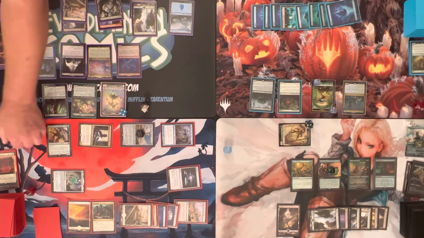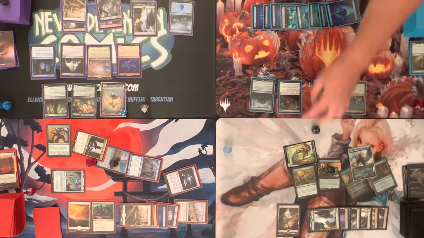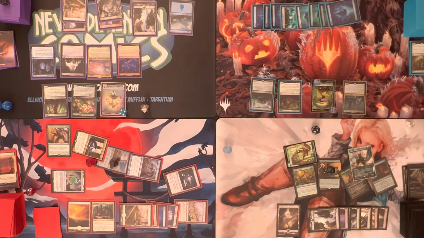And boom, 8 life, you're dead. Boom, boom. 8 life, boom, you're dead. Oh gosh, yeah, dead. And then 8 life over here, down to even 20. Boosh. Pretty impressive. Now I need to make sure I can keep 1 mana open so I can trigger this